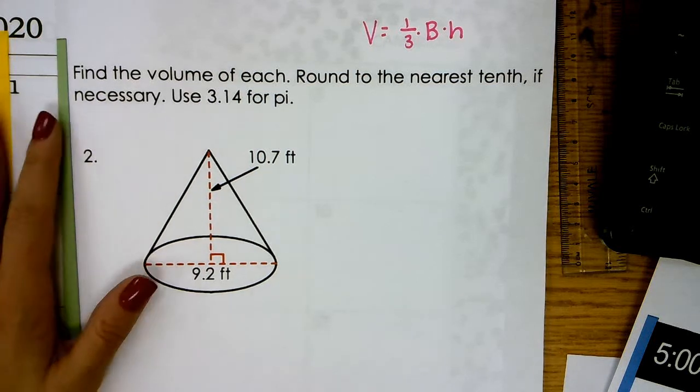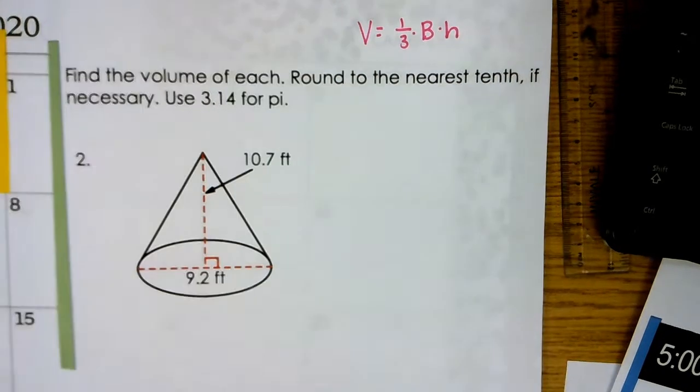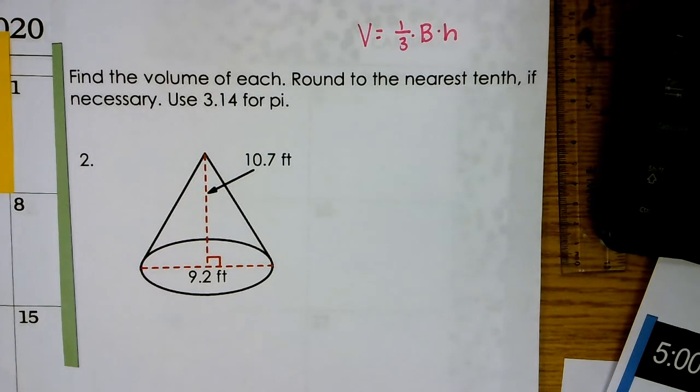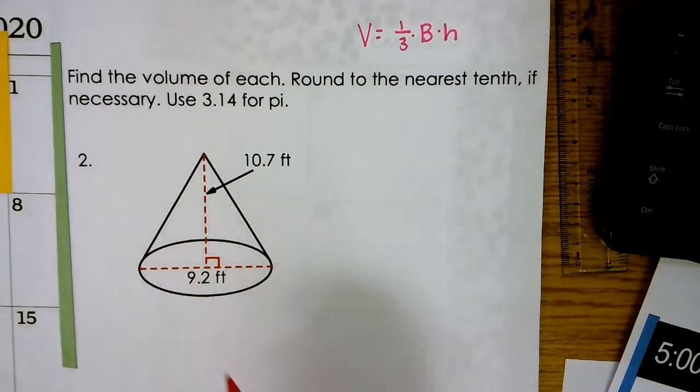All right, here we are going to find the volume of this cone. We're going to round to the nearest tenth if necessary, and if we have to use pi, we're going to use 3.14 to approximate pi. So here, this is a cone. The formula